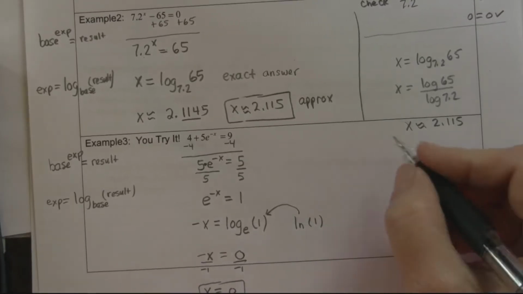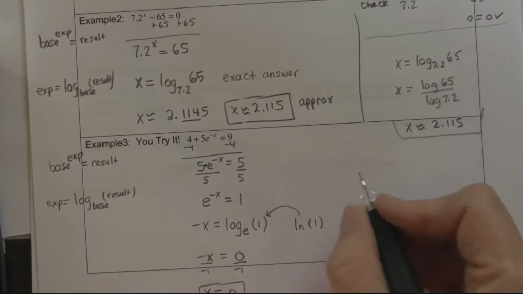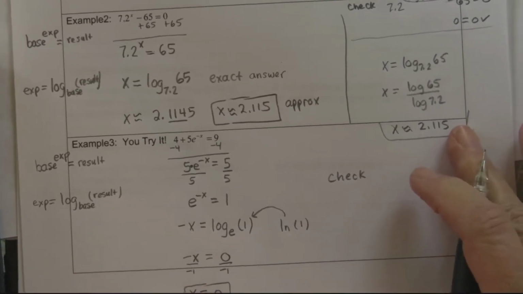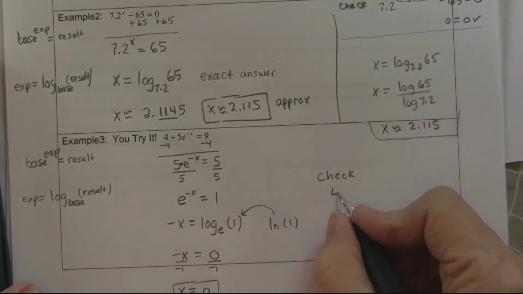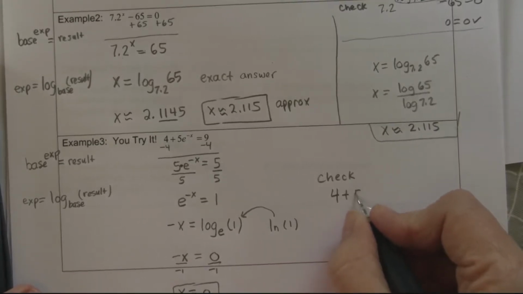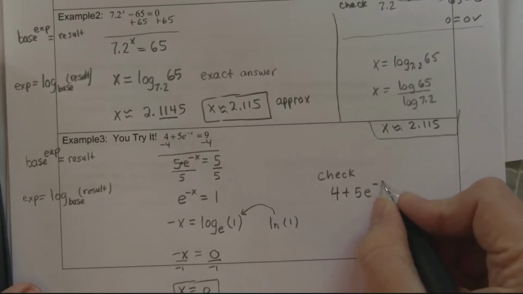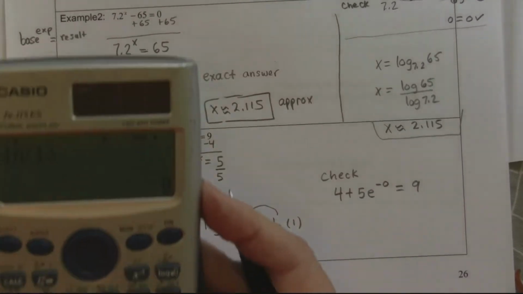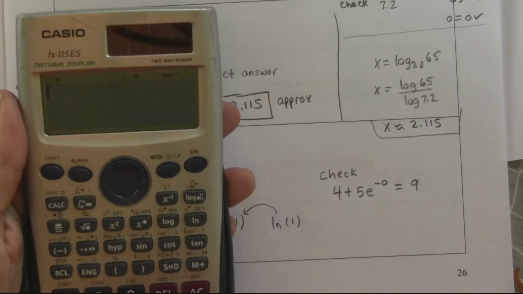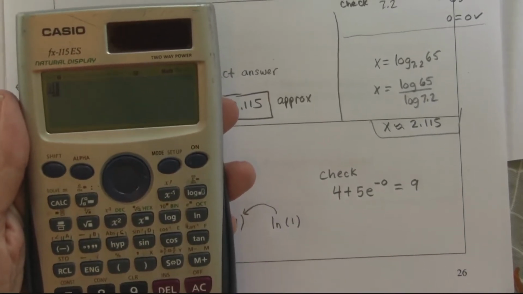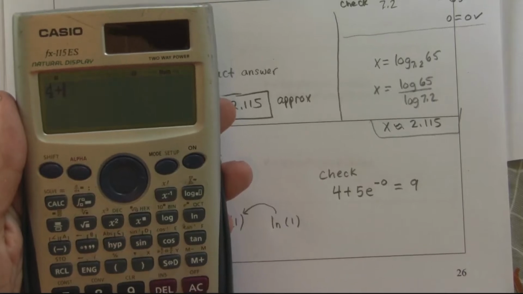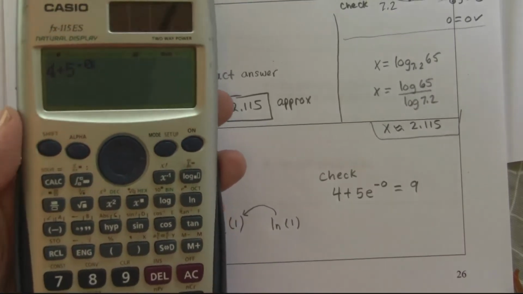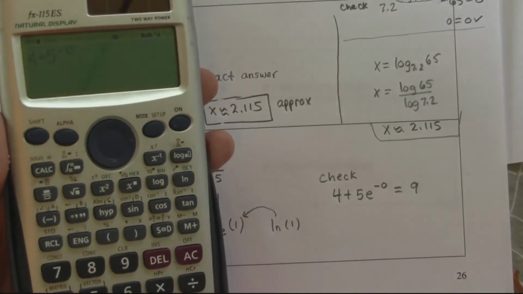And I do like to check my answer. This is my last value. I'm going to check right here. So when I check my answer, 4 plus 5 e to the negative 0 equals 9. And you can put this in your calculator to check it, or you can do it by hand. 4 plus 5 raised to the negative 0. So I put that in, and I'm expecting the answer to be,